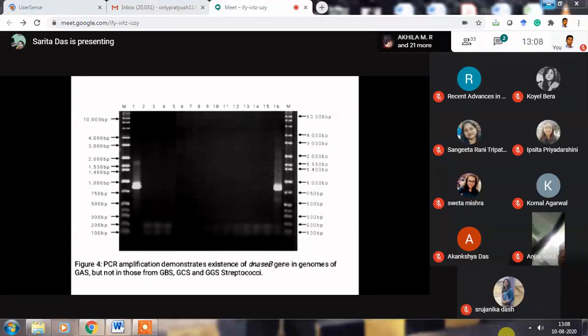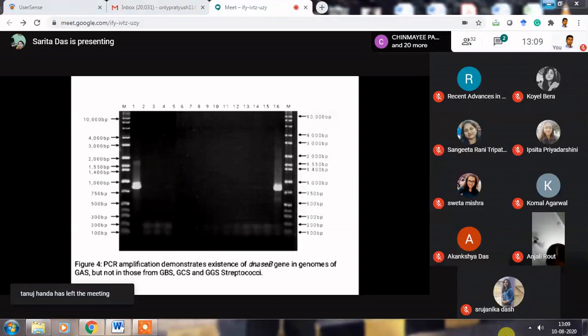That's why we used some 17 strains and conducted PCR amplification against the DNase B, and then ran it in the agarose gel, and found that in all the rest of the groups, from lane 2 to lane 15, comprising group B, C, and G,